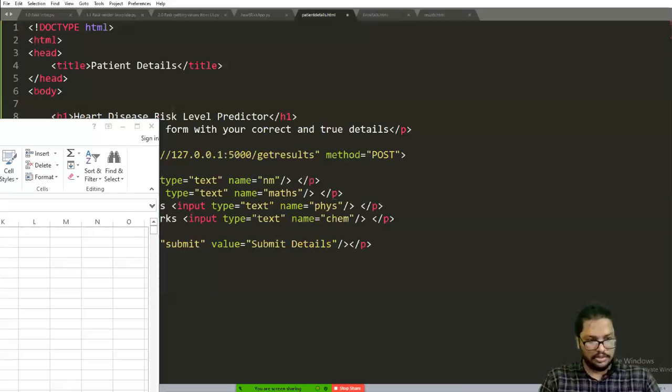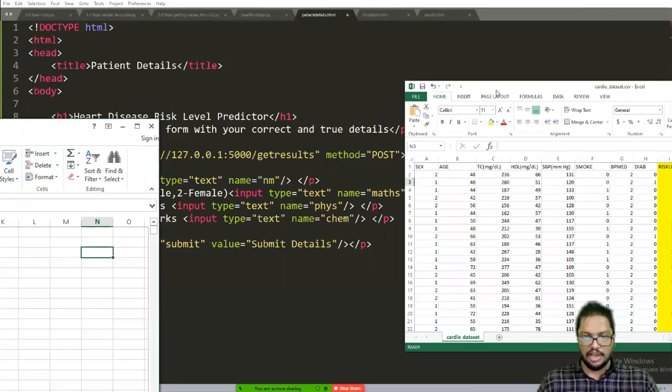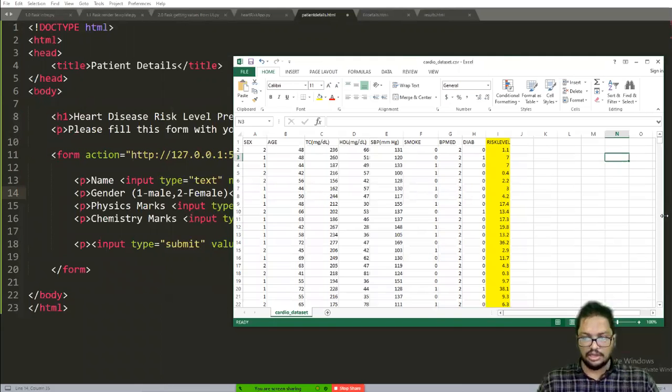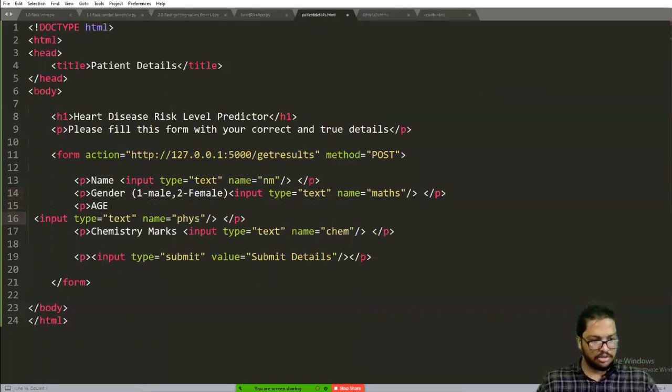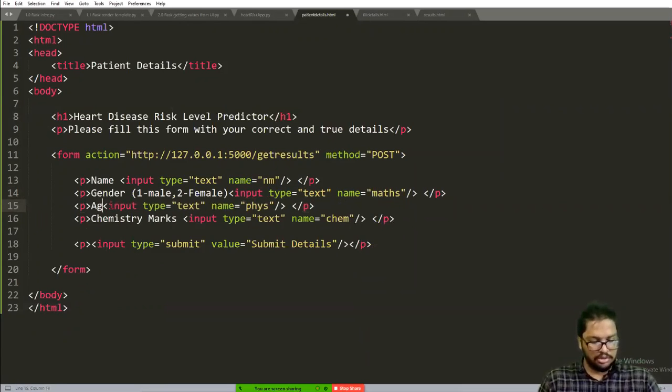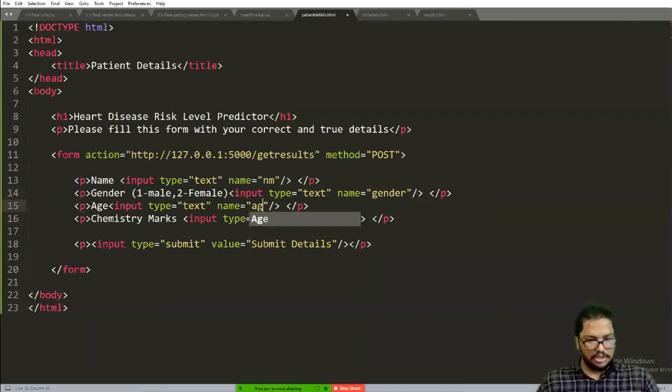Gender, 1 for male, 2 for female. Now we have to get the values according to this, right? Age. Now gender, age, name, and